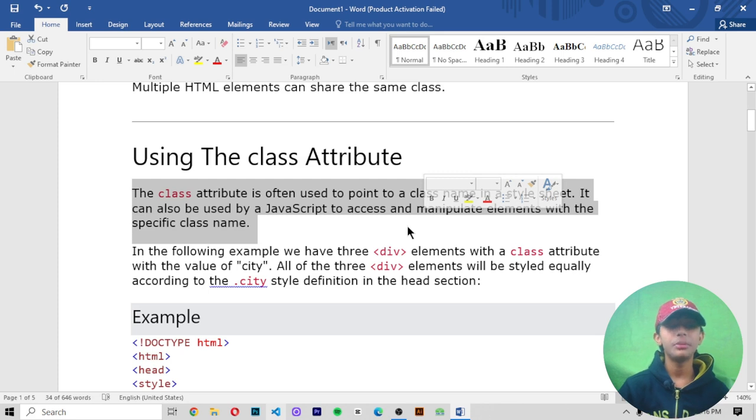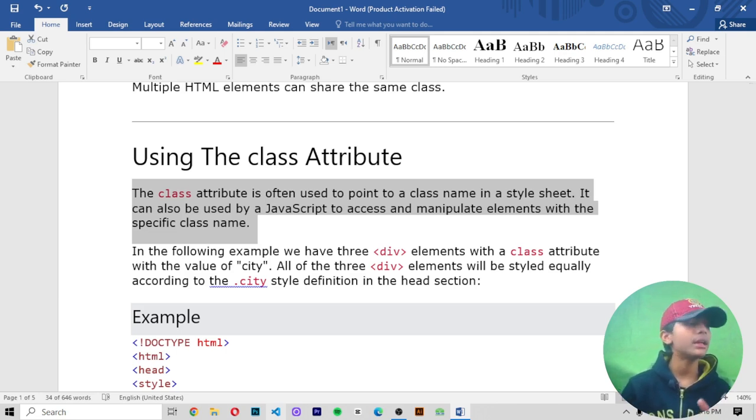The class attribute is often used to point to a class name in a style sheet. It means when we define a class attribute, like I am writing here container, it is often used to point to a class name in the style sheet. It can also be used by JavaScript to access and manipulate elements with the specific class name.